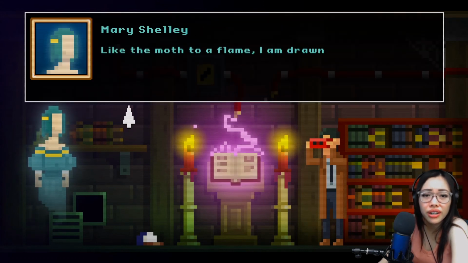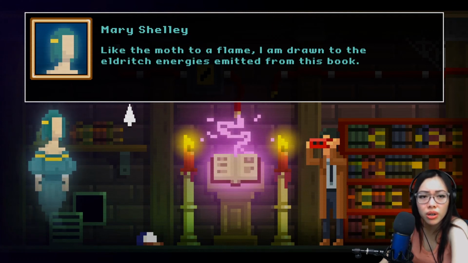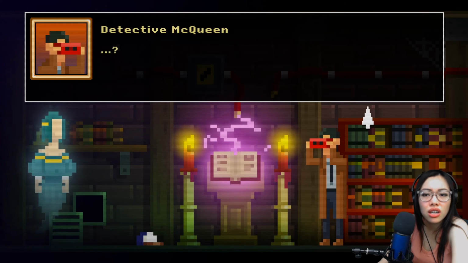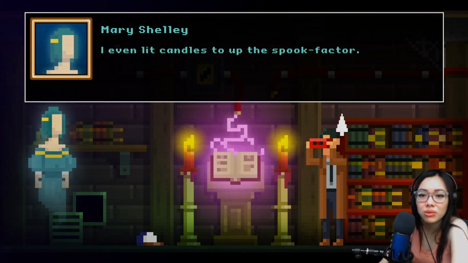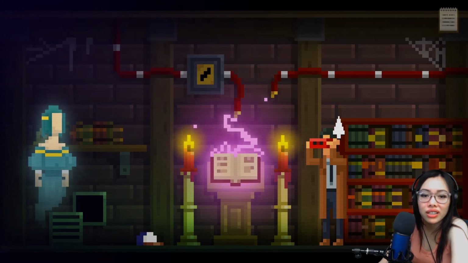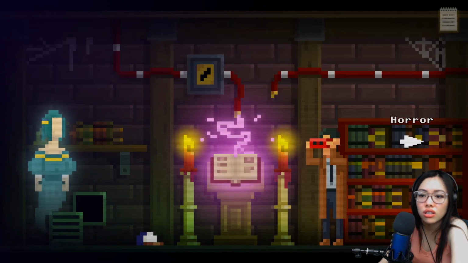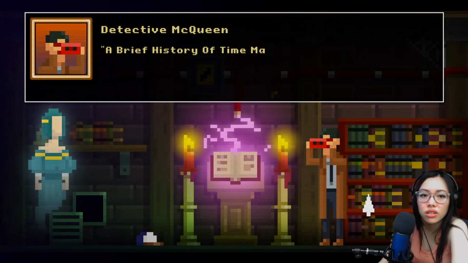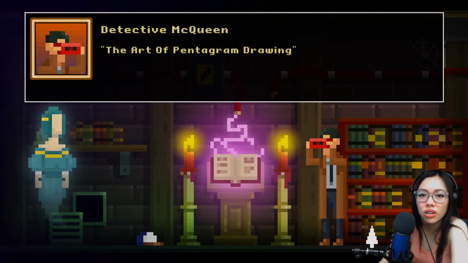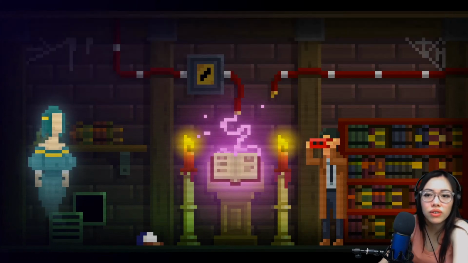So what are you doing here? Like the moth to a flame, I am drawn to the eldritch energies emitted from this book. Mary Shelley. And like spooky books and electricity, I even lit candles to up the spook factor. Let's see. Oh, wait. A brief history of time magic, the art of pentagon drawing. Pentagon? A guide for syncing your coven with the...